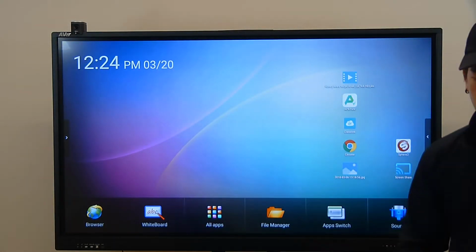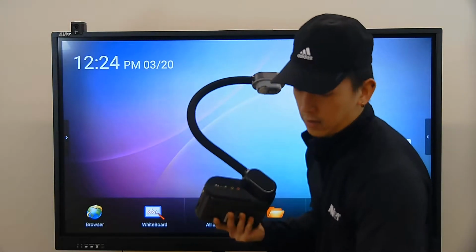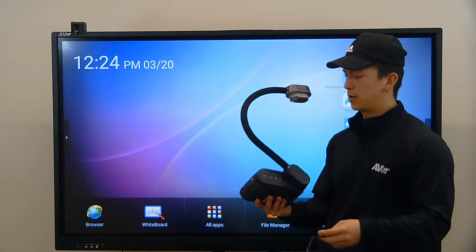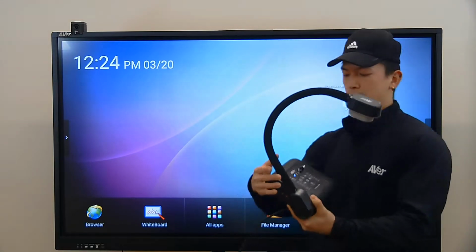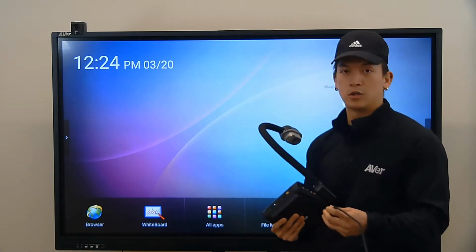The next thing you're going to want to do is set up your F70 document camera. So here I have a HDMI cable that we'll need initially to set up the wireless network. So you want to make sure the dongle in the back is plugged in, and you want to turn the camera on. And now the Wi-Fi LED light on the front will probably be orange if you've never connected it